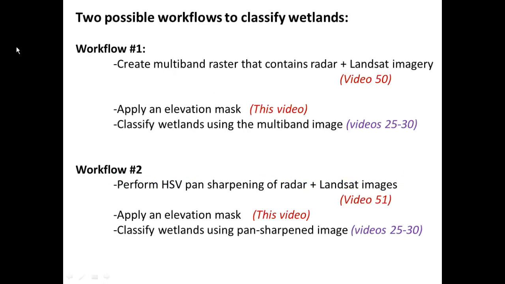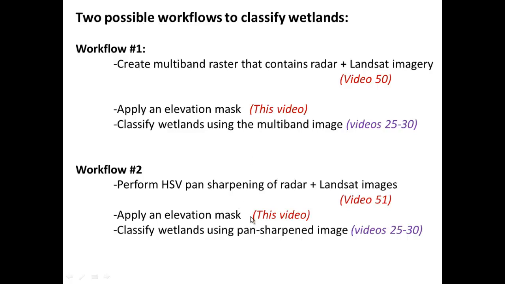So the workflows we've introduced in the past videos, the first one was to combine the radar and Landsat images into a multi-band raster that we could then classify. The second workflow, which we went through in the last video, was to actually use hue saturation value pan sharpening to combine the radar and Landsat images into a single 3-band image. Now, both these workflows involve another step, which is to apply an elevation mask, and that's going to be the